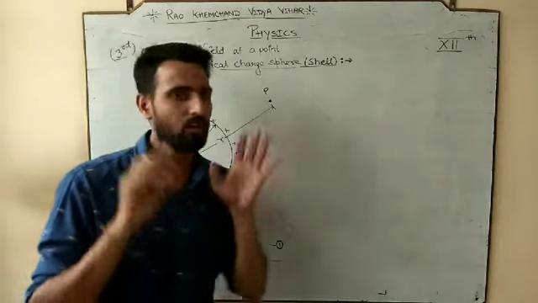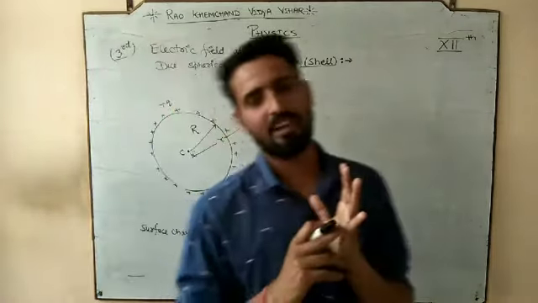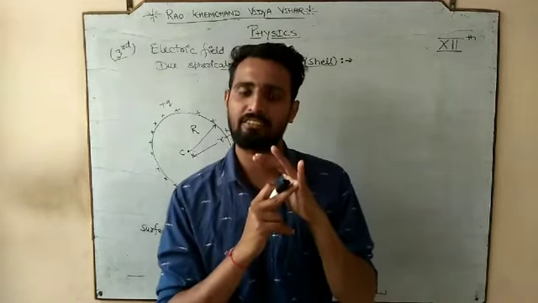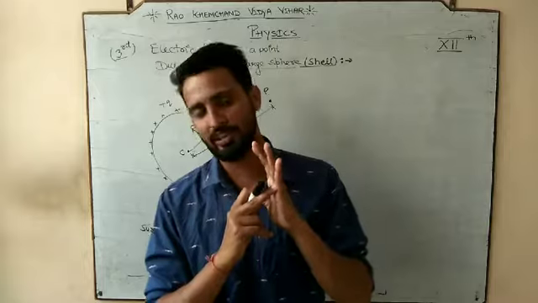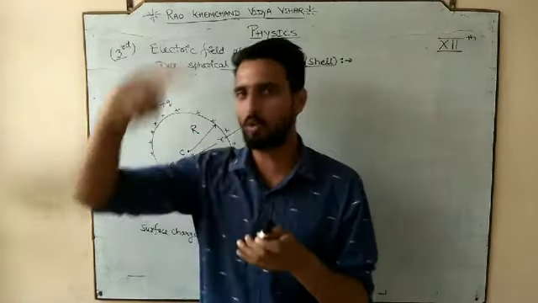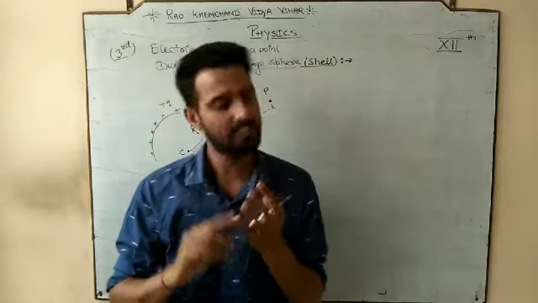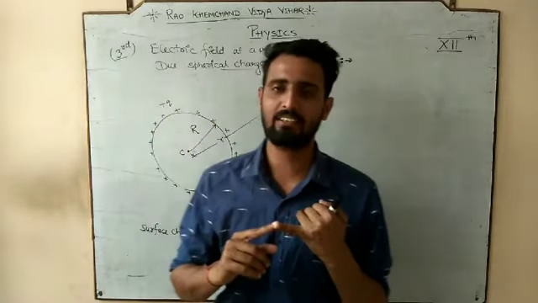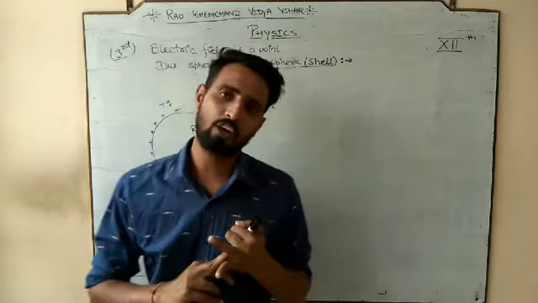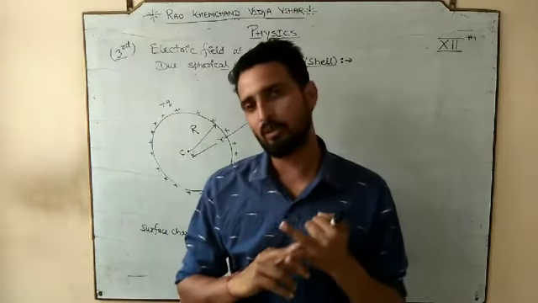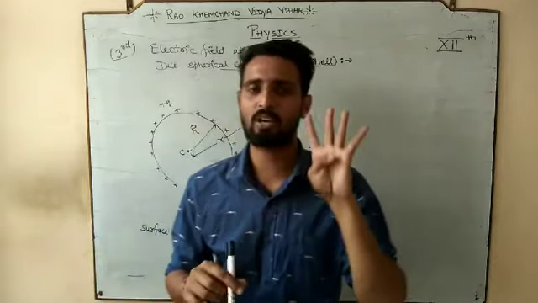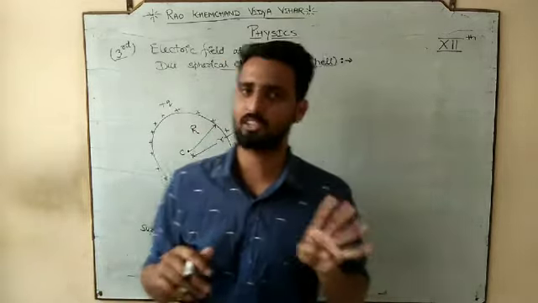So, recalling, we have found the electric field at a point charge, which we have already studied. We have found the electric field due to the circular ring, along the axial line of the electric dipole, and along the equatorial line of the electric dipole. So we have studied four electric fields before Gauss's law.